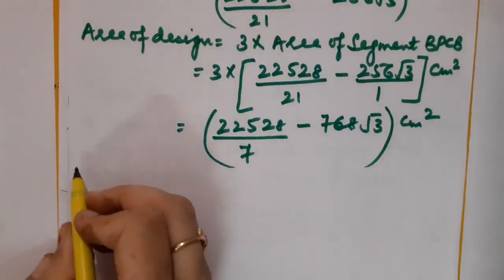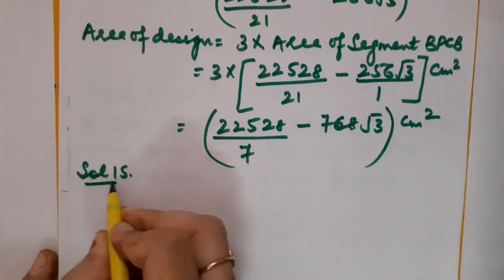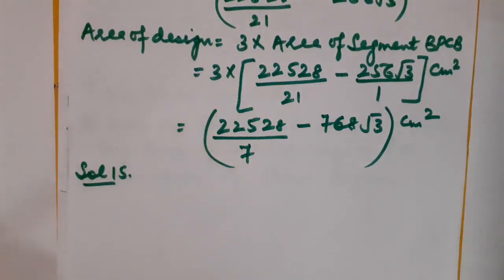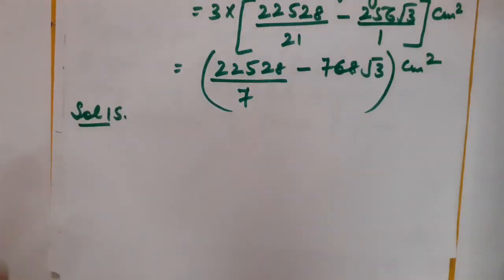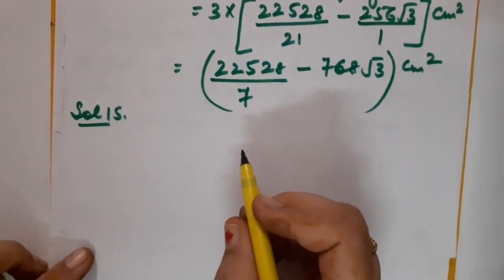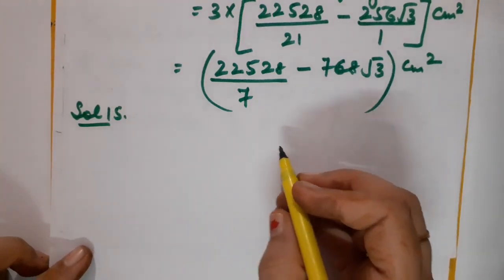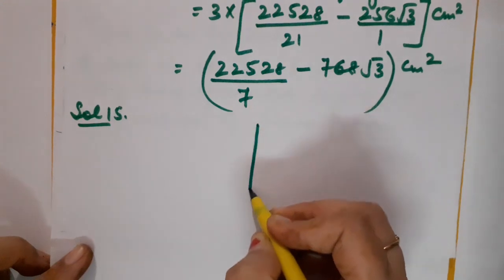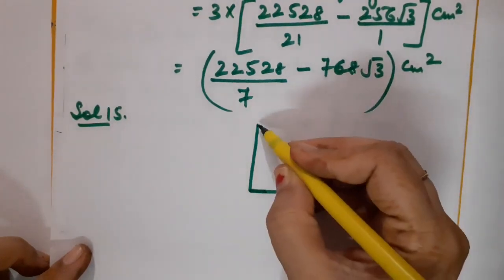Now children, I am going to switch to next question, as the questions which are coming in between from 6 to 14, those I have covered. Few are given to you to do at home and few I have taken. So now I am going to switch to question number 15. So listen the statement of question number 15 carefully. In the given figure, ABC is a quadrant of a circle. So first of all, I am going to make a quadrant of a circle.